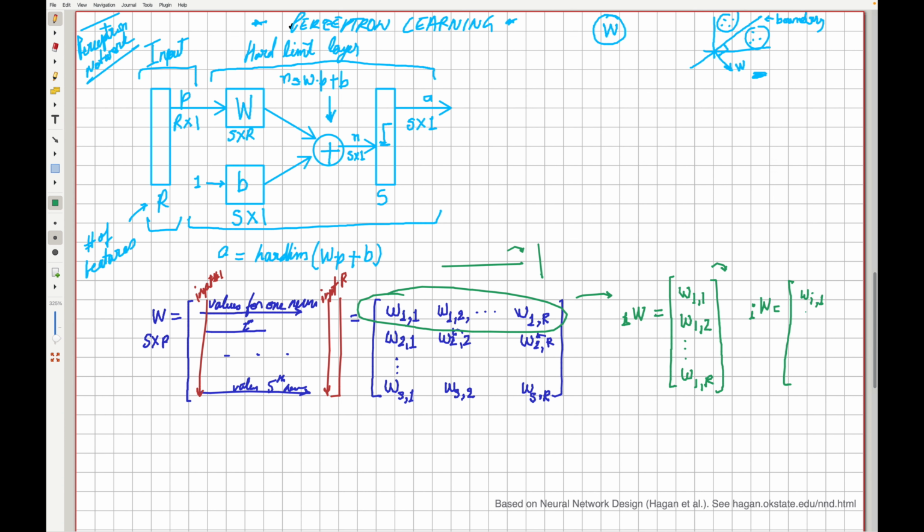So input 1 to ith neuron, this is the input 2 to ith neuron, and then finally we have the rth input that we need to account for, and so we say the rth input to the ith neuron in that weight matrix. So that is what we have, and let me clear this and write it clearly. So that's our W is equal to, and thus when we represent each row in this weight matrix W by